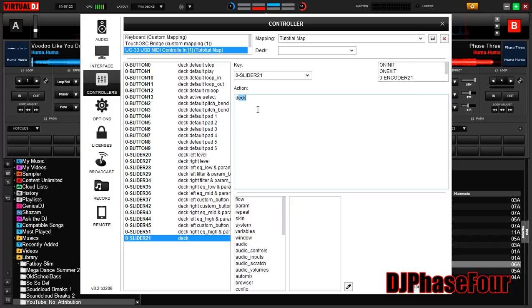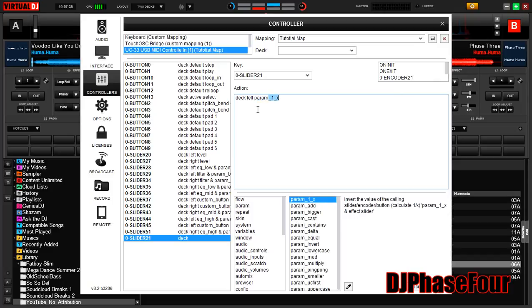So first thing we want to put in is deck left. Everything after this will apply to the left deck. So now we got this bad boy. Param invert. This takes the MIDI control that we're working on at the moment, which is slider 21, and it inverts the number. So 0 becomes 100 and 100 becomes 0. So change this. Now we have